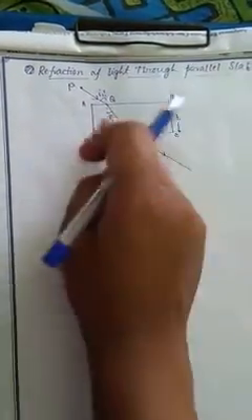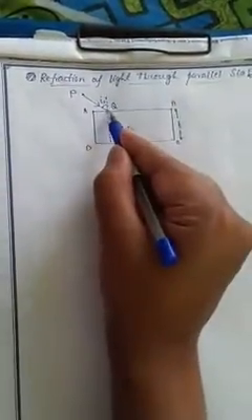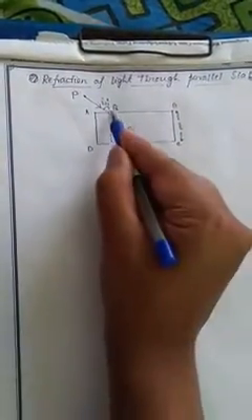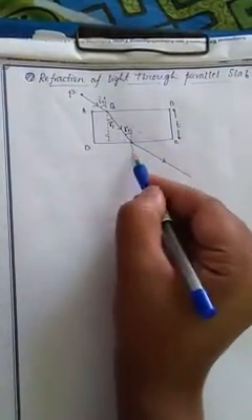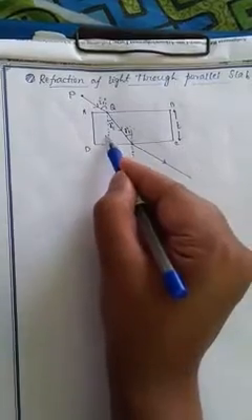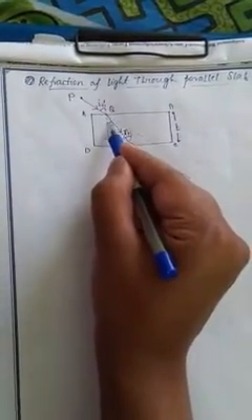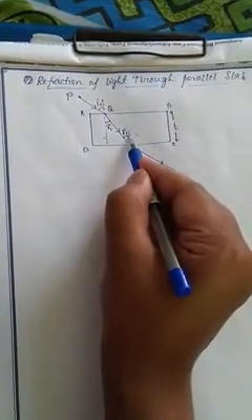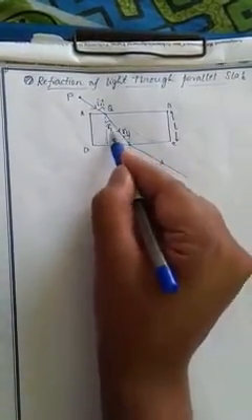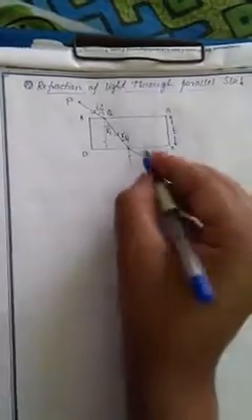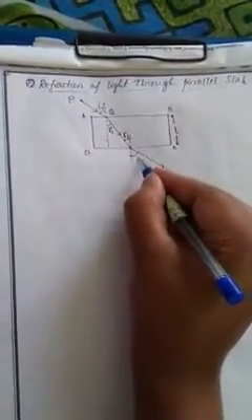Now you may ask me why this is R1, because this is parallel and these are two normals, so these are also parallel. And this is our transversal, so this is R1 and this is R1, alternate angles, these two are the same. Okay, and let's say this is I2.